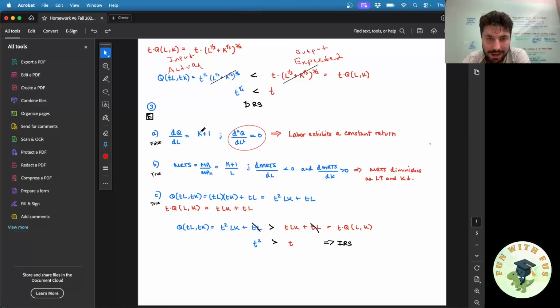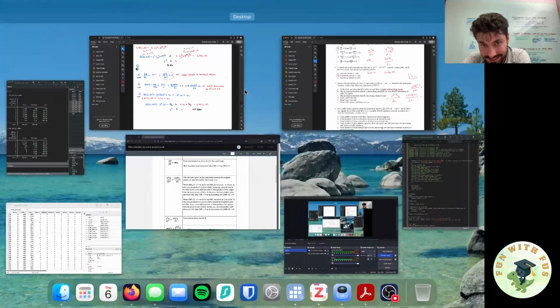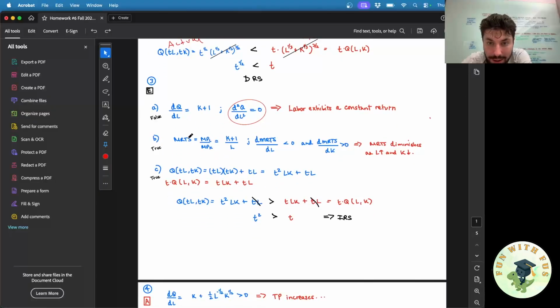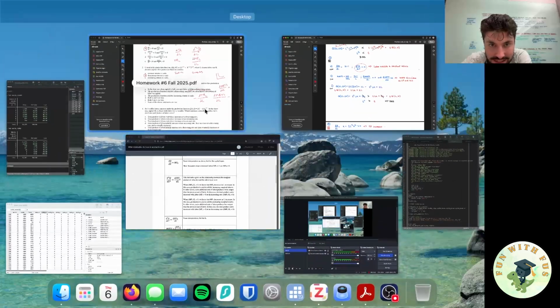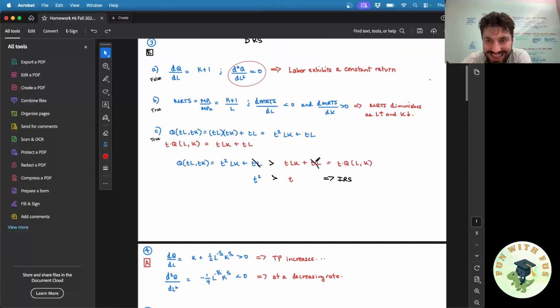So they got K plus 1, you derive that with respect to L, and that's 0, which is not a negative derivative. That's a constant derivative. So it's a constant return. So that's false. In how I described it, DMRTS/DL is negative. Yeah, that's what we were looking for. And DMRTS is positive. Did they in fact find that? Oh, okay. Yeah, they did in fact find